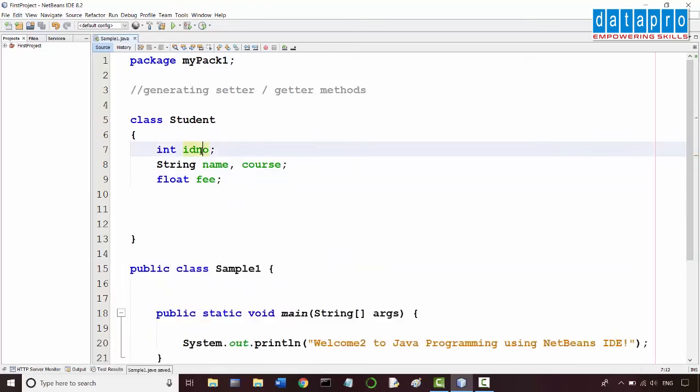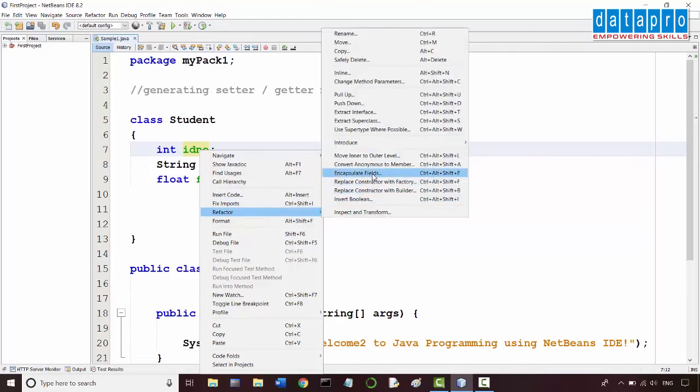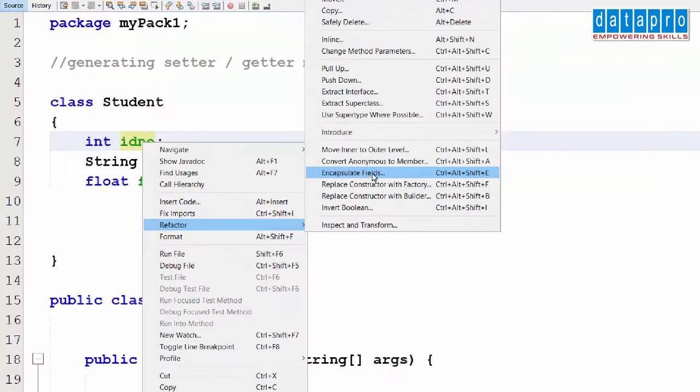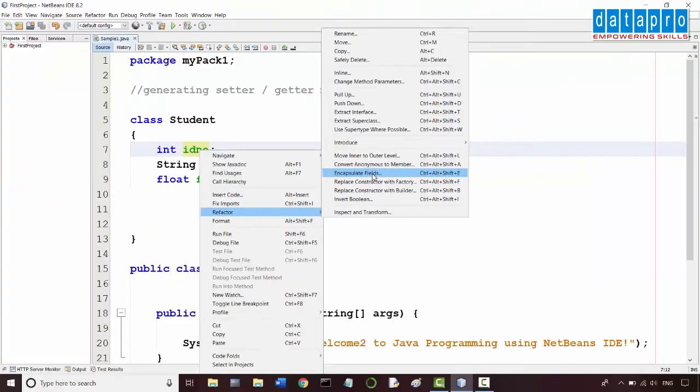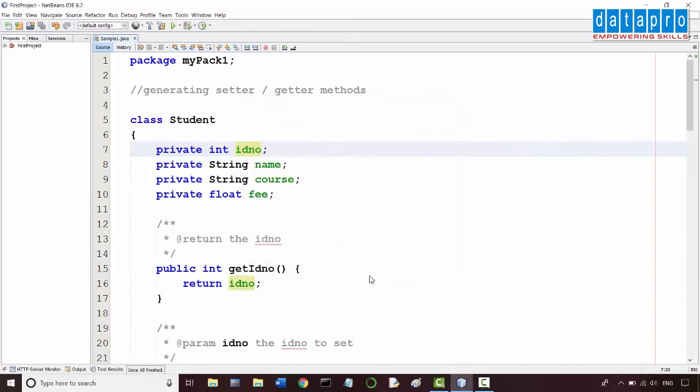You right click on the fields, say refactor, then encapsulate fields. You say select all, then refactor.